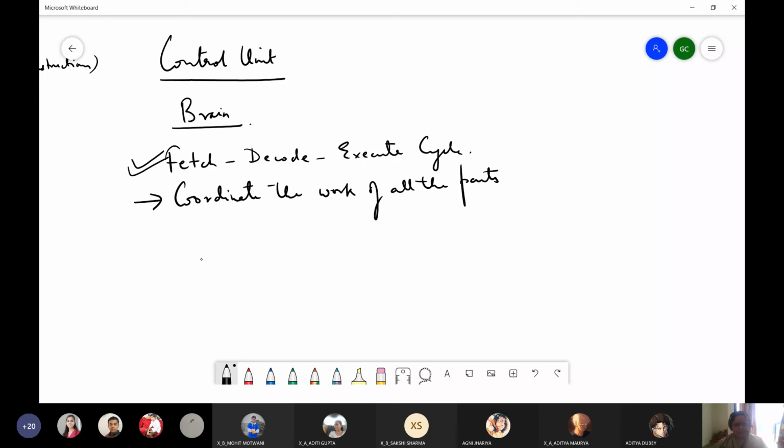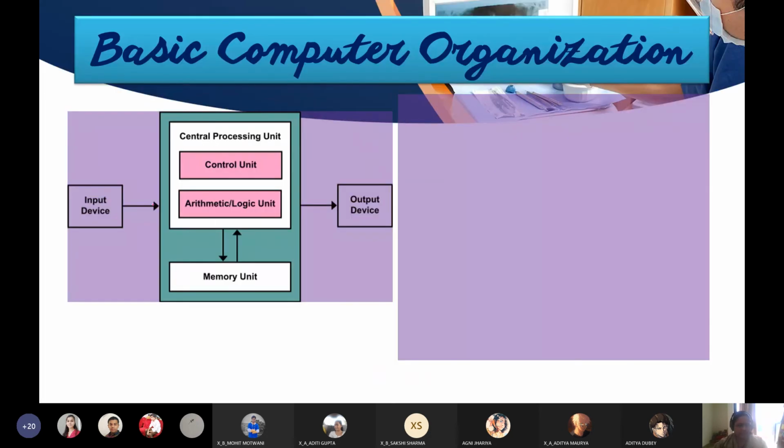So it will handle tasks like, it will first instruct the input device to take input from the user. And then it will decide whether to send that input directly to the arithmetic and logic unit, or to the memory unit. Then once the processing is done, it will decide whether to send it to a secondary storage device, or directly to the output device.